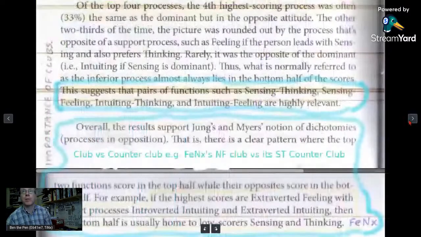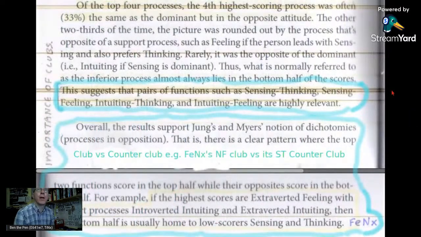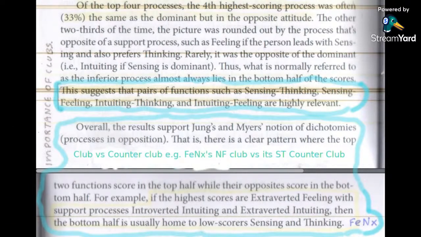So let's put in what Dario has got here. This, again, is from Dario's book, and it gives the example of ENFJ. This information about where I've got slot 3 and slot 4 in my model is backed up by Dario's research, and this is from the Keys to Cognition test. He calls it the Cognitive Processes Assessment.